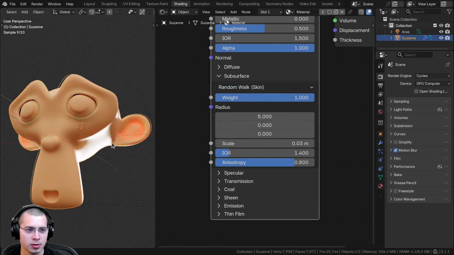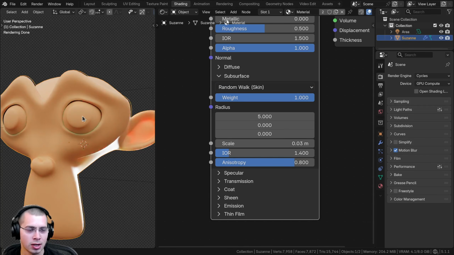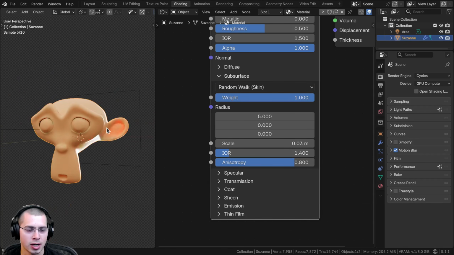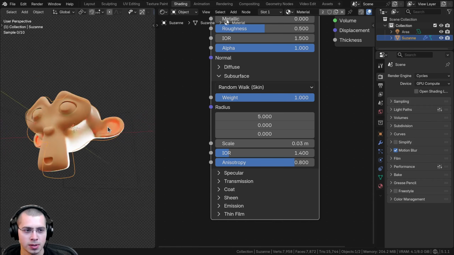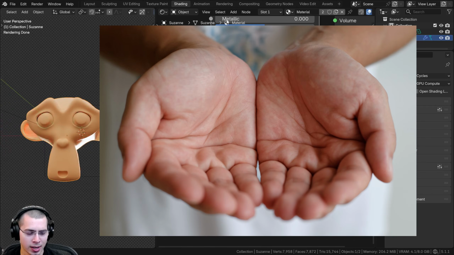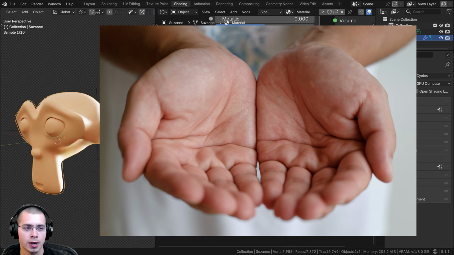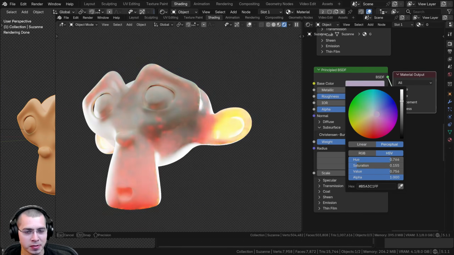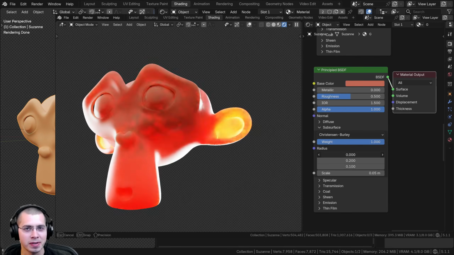But this type definitely looks a lot like skin because there isn't a ton of subsurface right here where the light isn't shining on it. But over here, there's definitely some subsurface. Because if you look at your hand, you can't see a ton of light shining through the skin unless there's a bright light behind the skin. So that's how you can use subsurface scattering in Blender, so I hope you found this video helpful